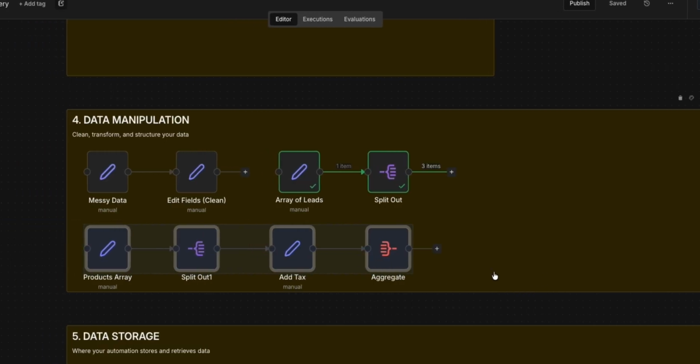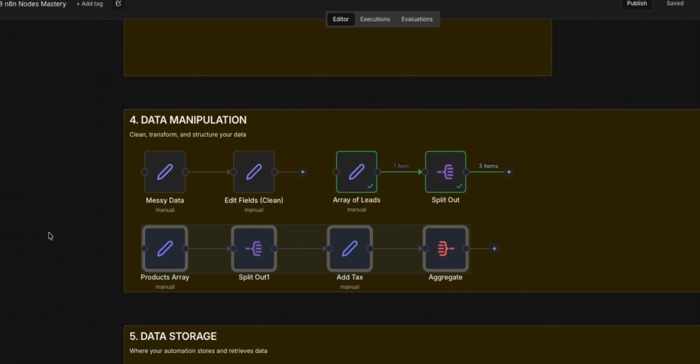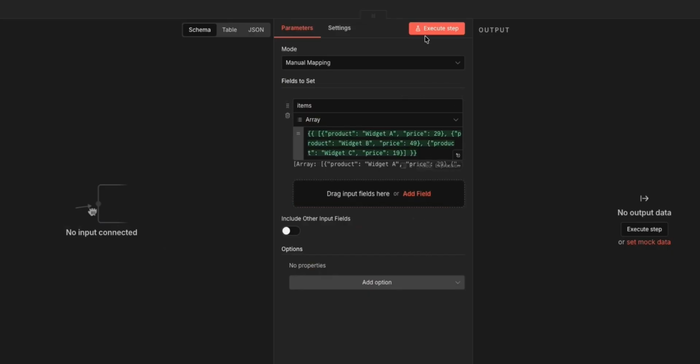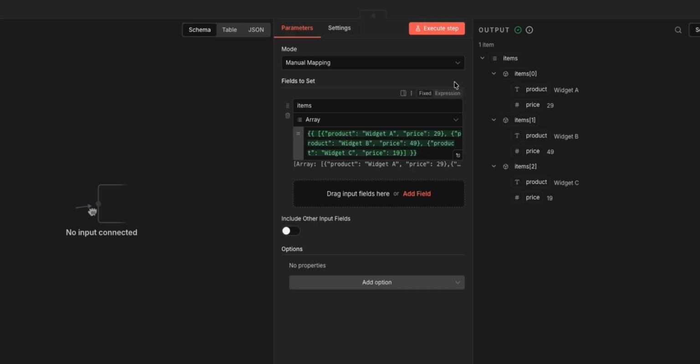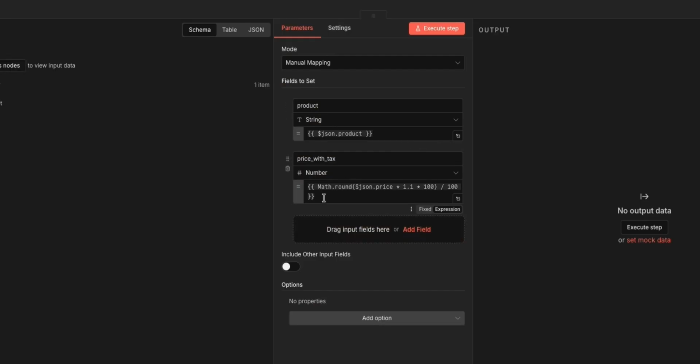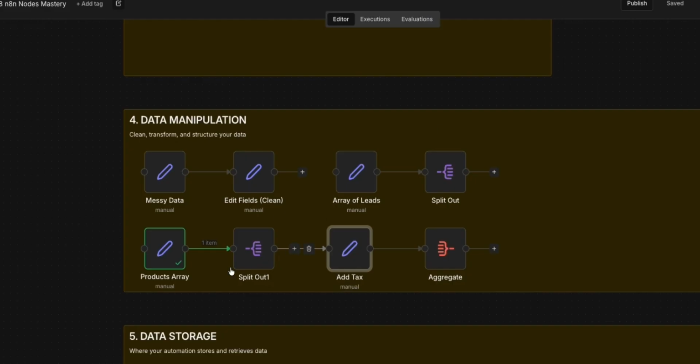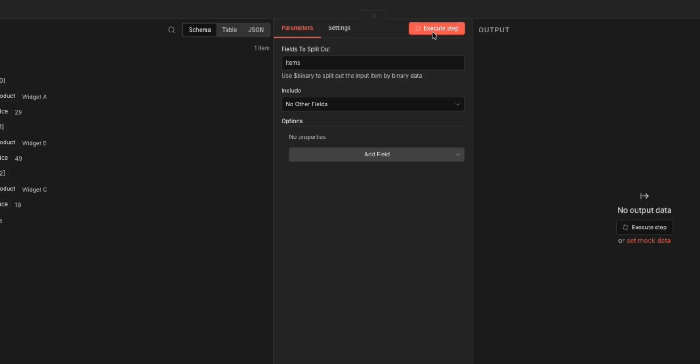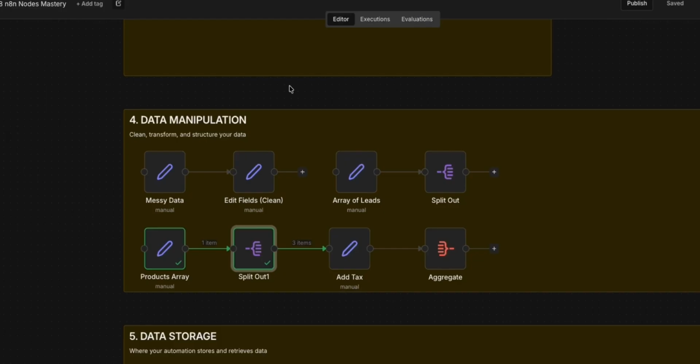You can also chain multiple data manipulation nodes together. So let's say we have a list of products that look like this. We have the product and the price. But now we need to work with these individually to add 10% tax on everything. So we can use the split out node. If we hit execute, we'll see that we turn that one list into 3 separate items,